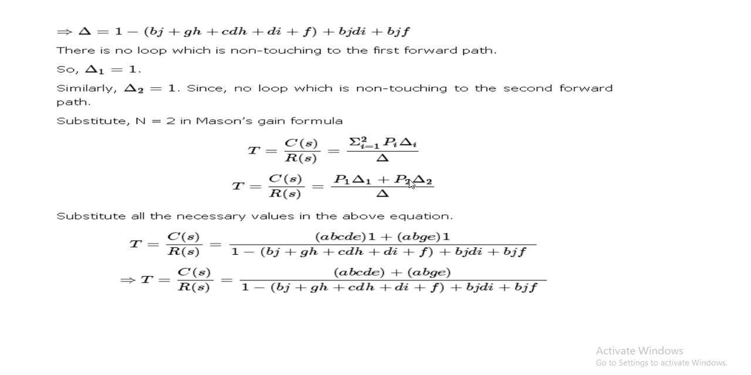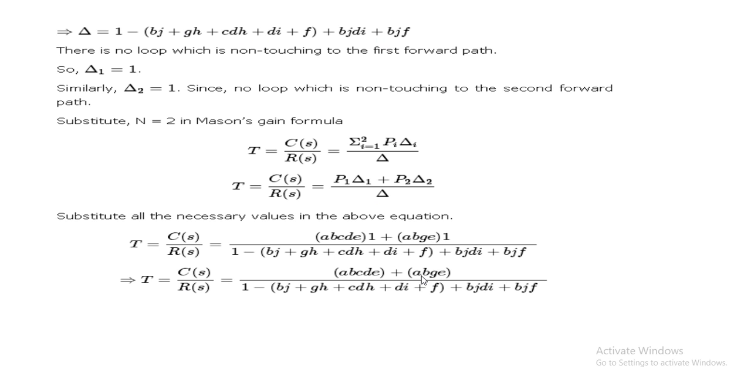So delta 1 and delta 2 are 1 here. So that's why it will be directly P1 and P2 will be there. So that we have taken here, and the deltas evaluation we have seen here, and finally you will get T is equal to Cs by Rs is equal to